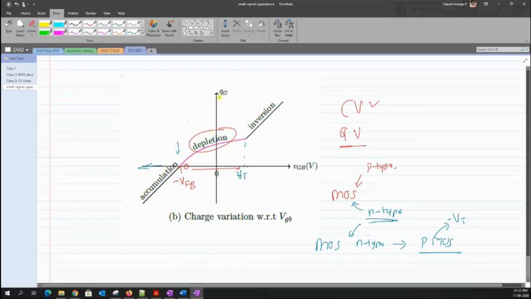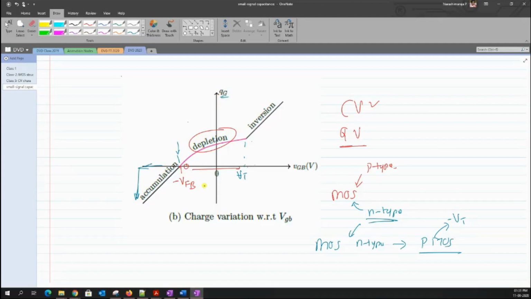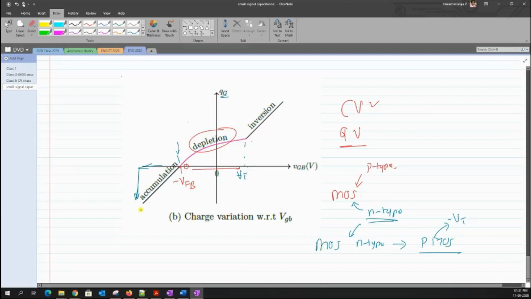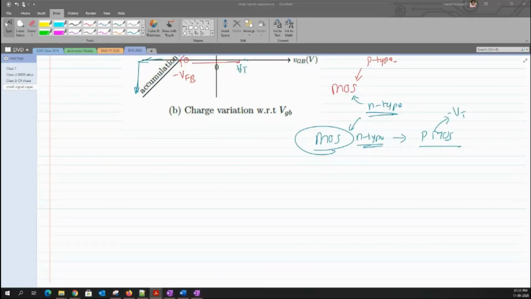And that's the reason why the QG is taking a negative value when I'm moving in this direction, okay? So at this point, when you shift here, this accumulation happens by adding more positive charge on the metal side, okay? So you can think around it. I don't think this is great science for me to explain, because if you understand how it works, then for sure you can draw this particular picture for this MOS structure where the semiconductor is of n-type. Clear? Yeah, so I'm just getting back into this metal oxide semiconductor with the source and drain, okay?